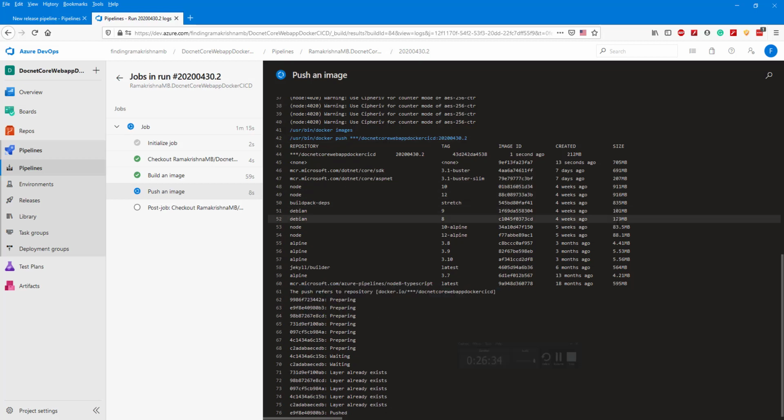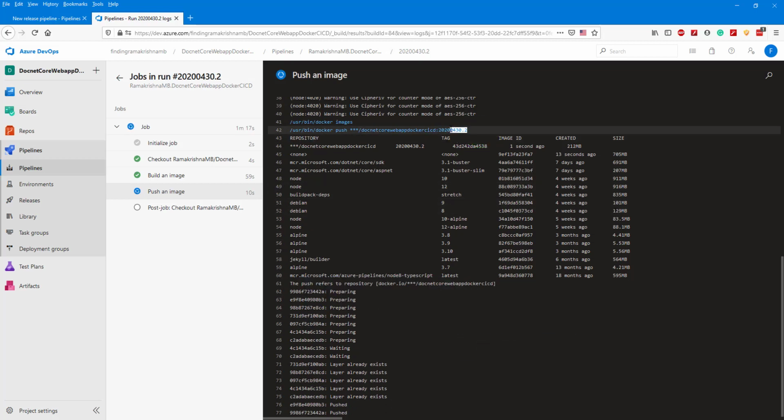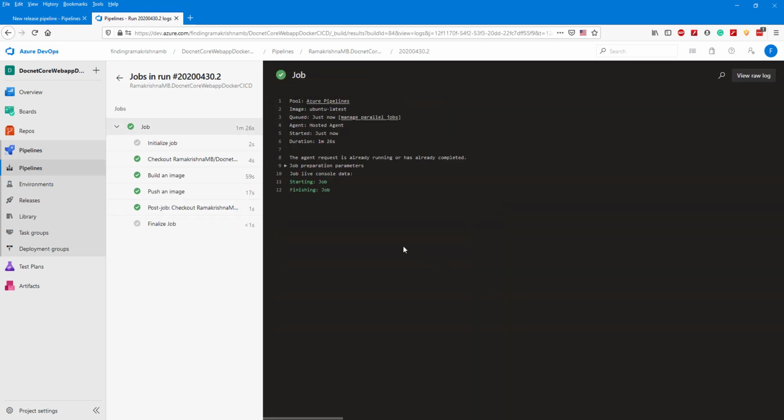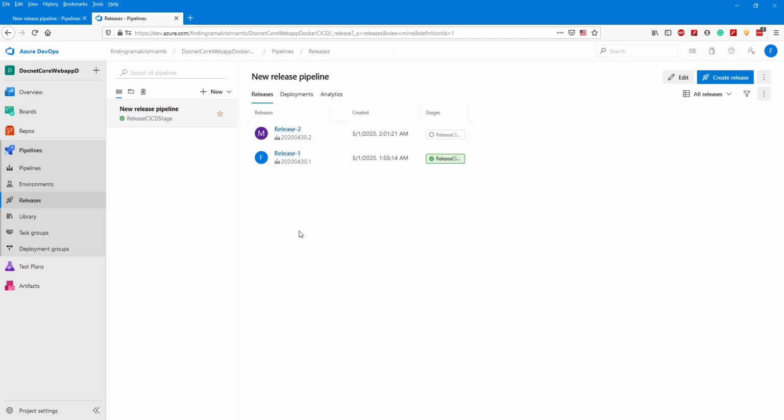If you observe, the build ID is incremented by one number. So our next build should be .2 at the end of the numeric digit. The CI pipeline executed successfully. Release 2 is scheduled and started.